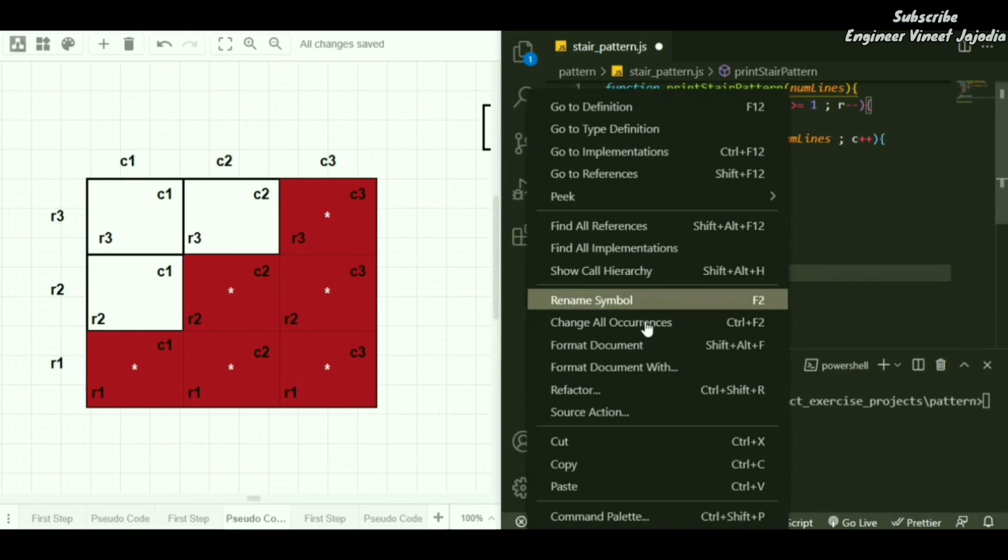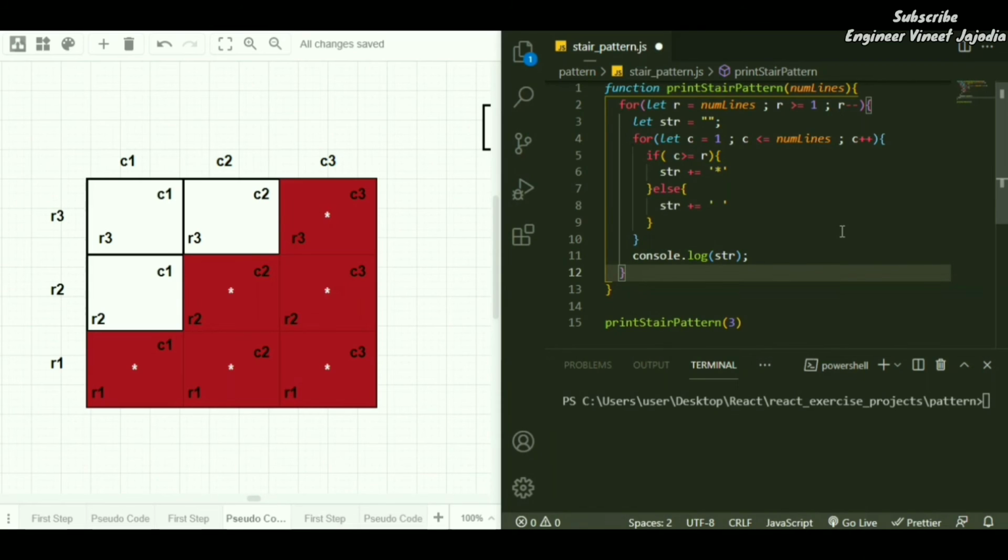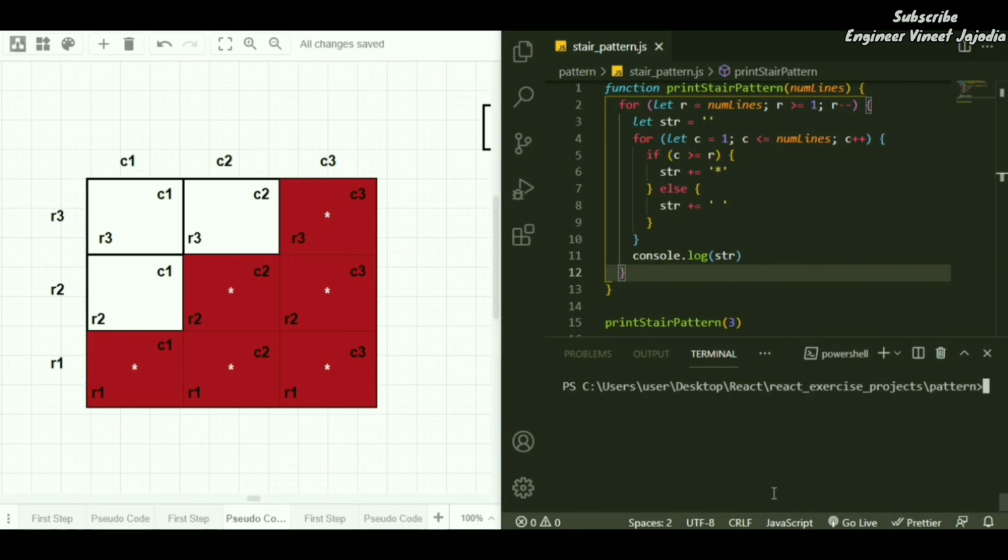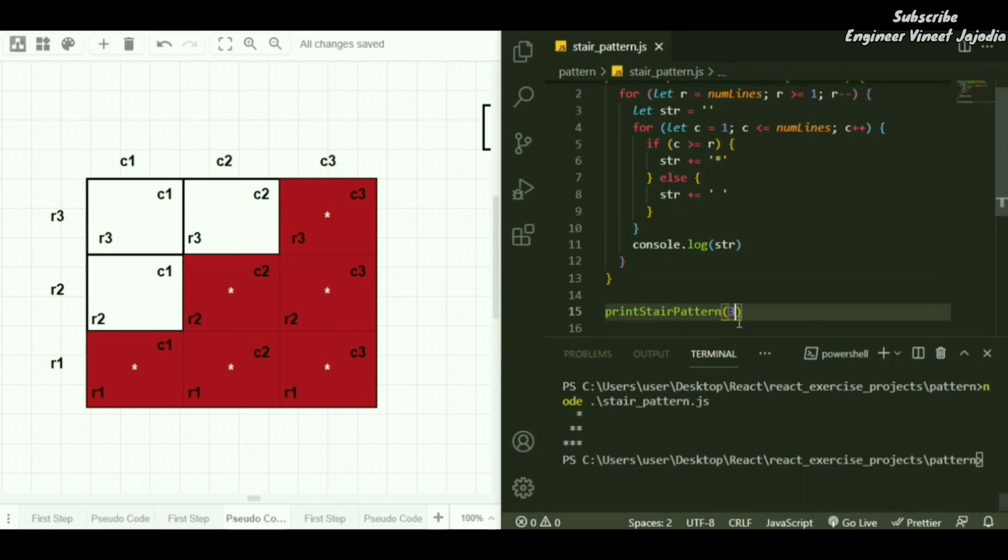Firstly format it and save it, and go back in the terminal, pull it up, write node, file name is str, hit enter, and we can see the output is similar to this diagram. Now test it with another value like 10.